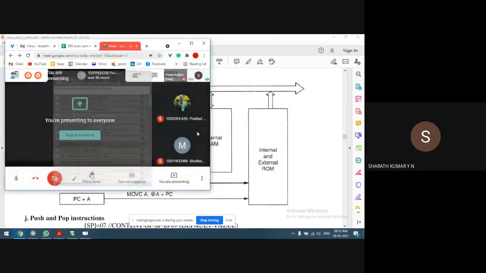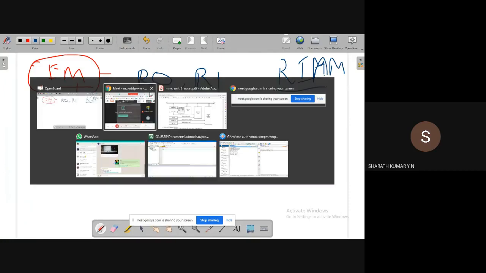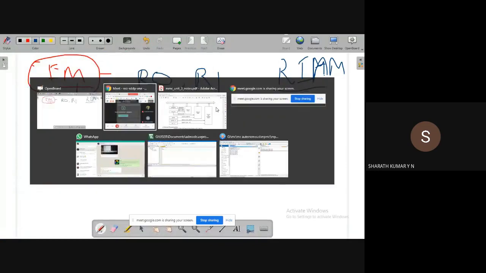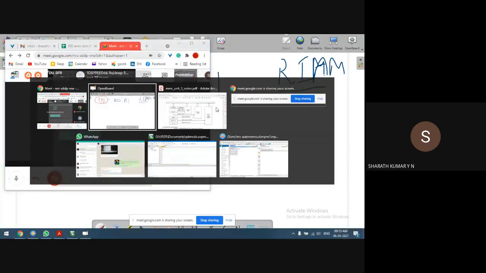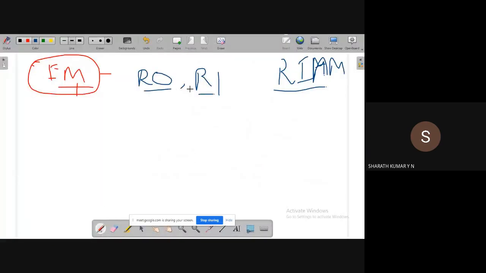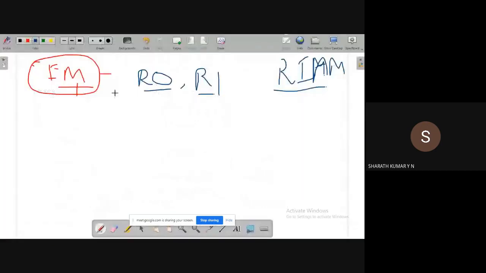So we can access external memory using the register indirect addressing mode only. Indirect addressing is possible using only two registers, R0 and R1. So we can access external memory using the two registers R0 and R1.